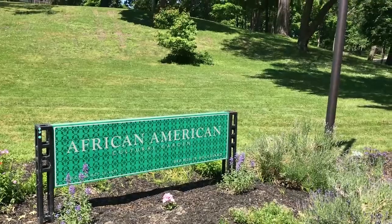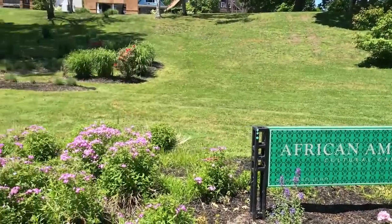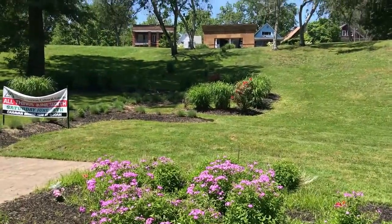You don't want to bring a bike because there's so many stairs to climb up and climb down to see these gorgeous gardens. There's so much to explore. There's so many details to look at. You want to take your time. It is all located down Martin Luther King Jr. Street. This is the African American Cultural Garden, and they have just started